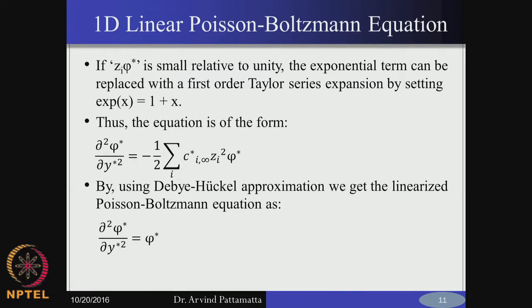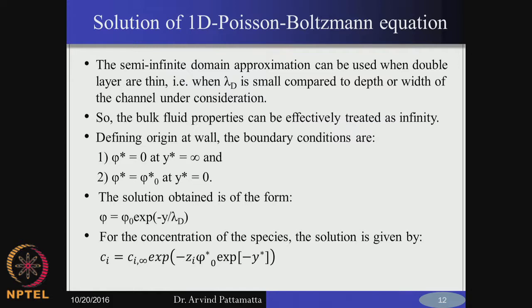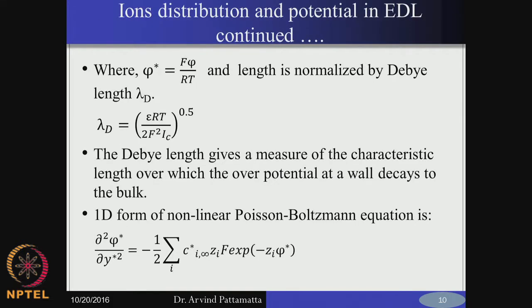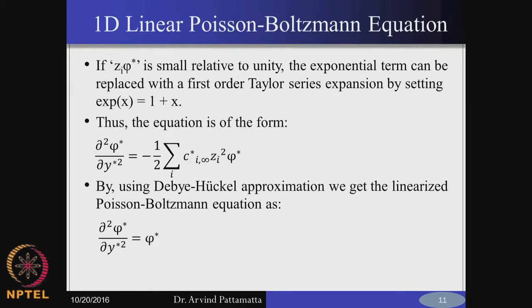So, we ignore all the higher order terms. What we are saying is that we have 1 plus x square plus x cube and so on. Therefore, if this is a small value, all the higher order terms will be negligible. Your x square, x cube, x power 4 terms will all be negligible. Therefore, we retain only the term with x power 1. So, 1 plus x is the term that we use, and then if you substitute that, this should come out